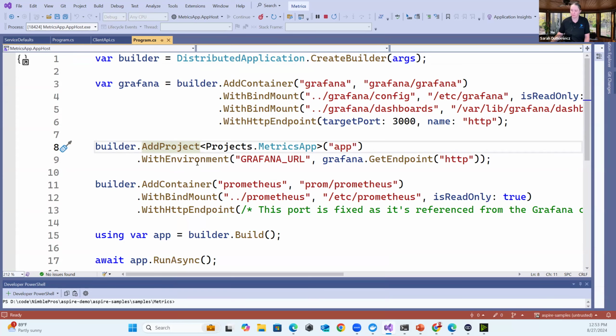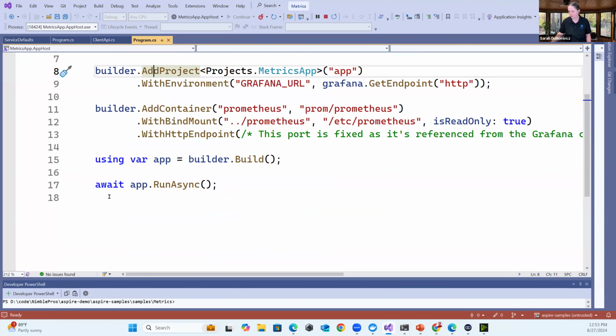And then after we've got Grafana and our application, the metrics app, we have to do a container for Prometheus. That's another Docker one. Could also be Podman if you're running Podman. But that's their Prometheus container, and then it's going to do its thing and run async. This app host,